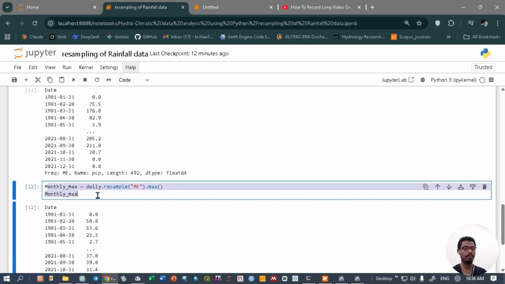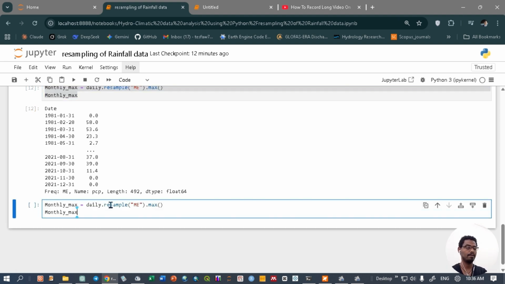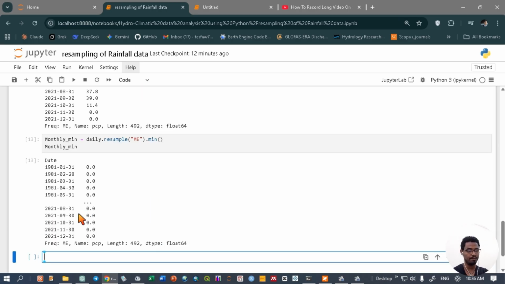Copy this one and paste it. So instead of max, use mean, instead of max again, mean. Now let me run. That you can observe, which is 0. It's already known. So now let's find yearly,